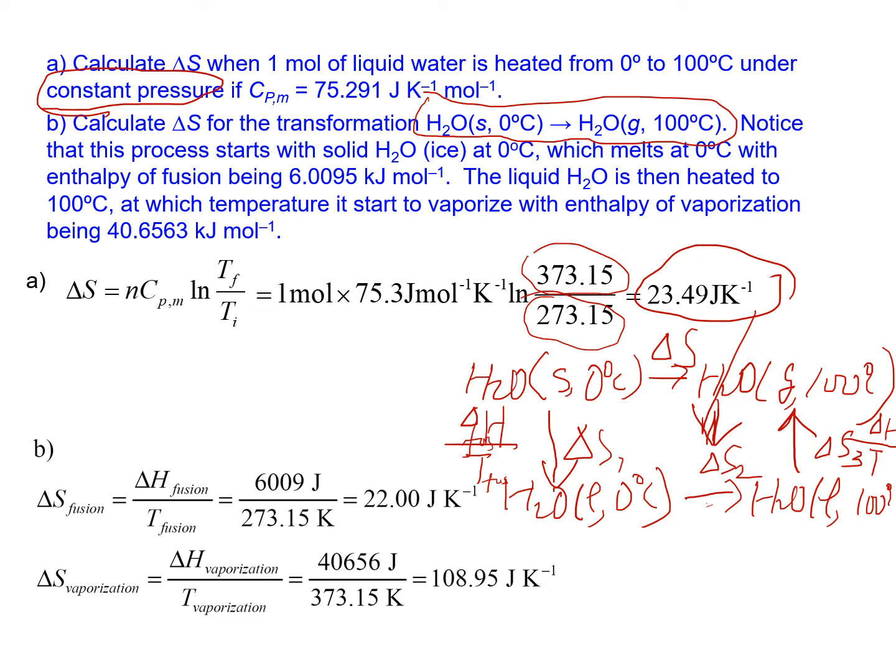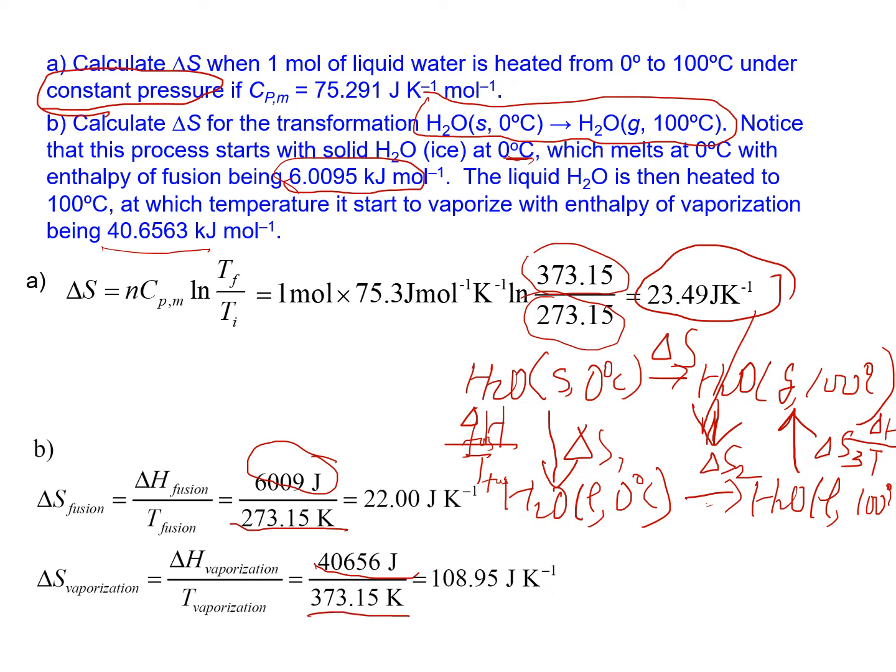So delta H is 6.0095 kilojoule per mole, and you need to times 1000 to become joule to calculate the entropy change. Temperature 0 degree, the first phase transition, 0 degree changes to 273.15 Kelvin. Okay, the second phase transition, the vaporization entropy change in joule, temperature 100 degree,